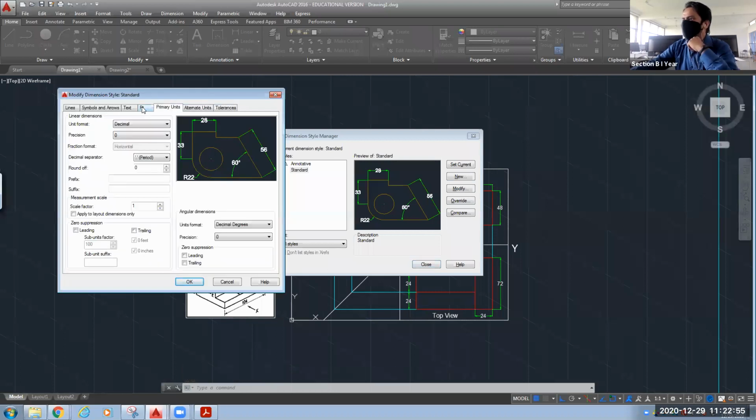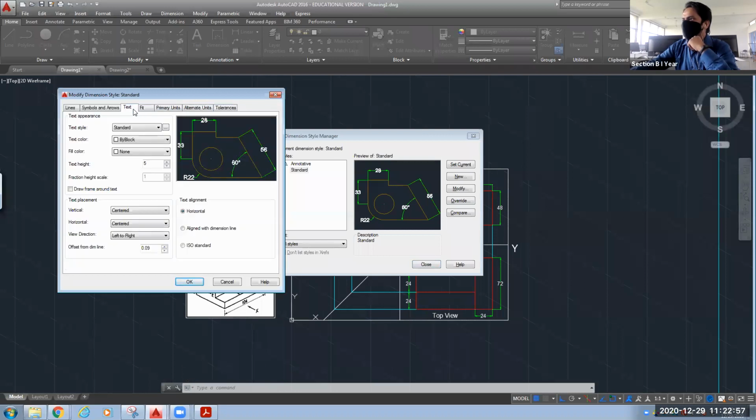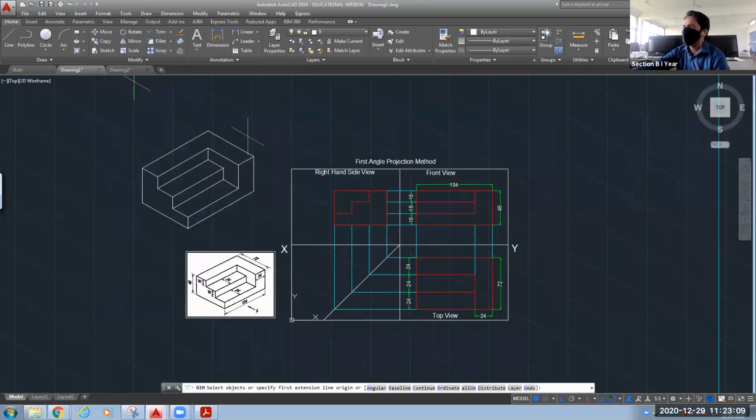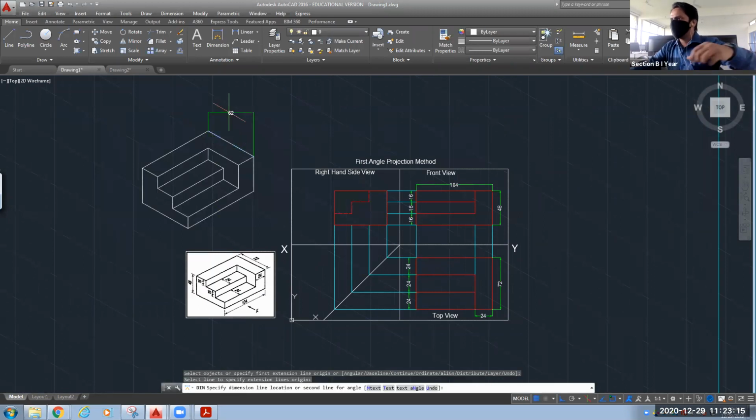alternate primary unit fit text. Yeah, in text aligned with dimension line we will make, and let's see what changes we are able to see. Aligned with dimension line. Press OK, close it, go to dimension. Oh, it is giving you only horizontal distance.